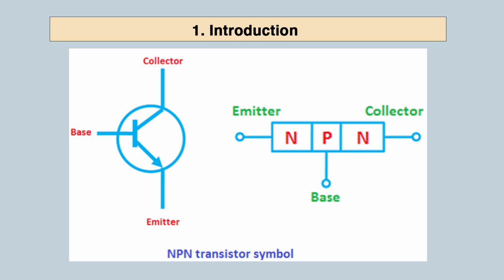Here we can see a bipolar junction transistor. Here the width of the collector is the highest. Compared to the width of the emitter, the collector will be wider than the emitter and then the base. Base will be the thinnest area. In all the cases, either it be an NPN transistor or a PNP transistor, the collector will have the highest width and the base will have the lowest width.